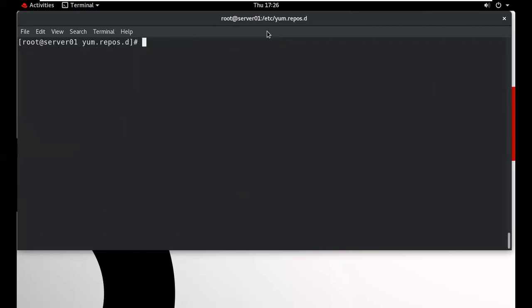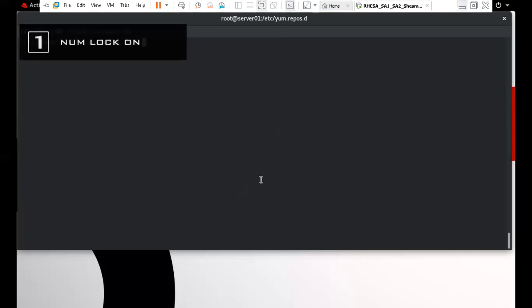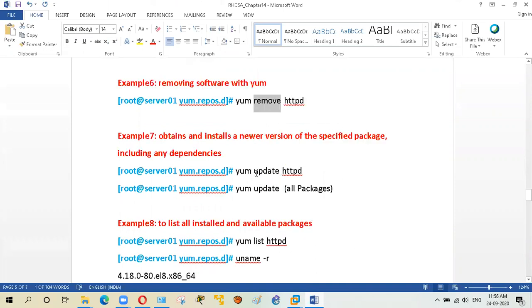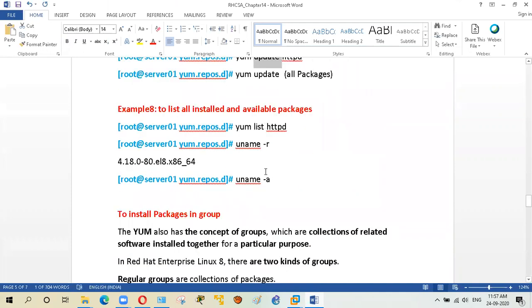Okay, so now move to another command, that is we can use remove also to remove the packages. Suppose if you want to update any package by using the internet functionality, which command will you use? You will use update. So this is the command to update the package.